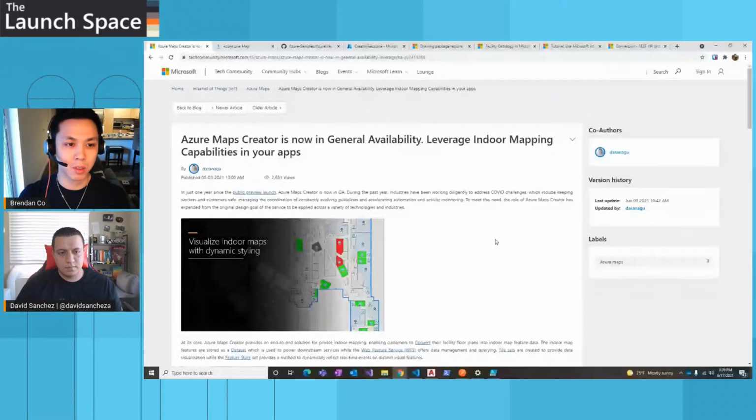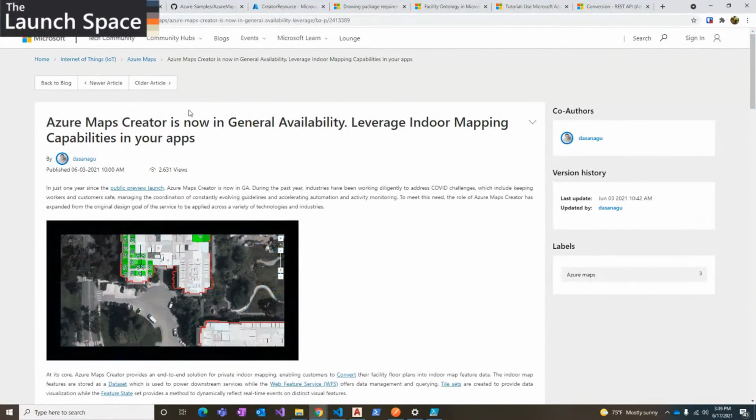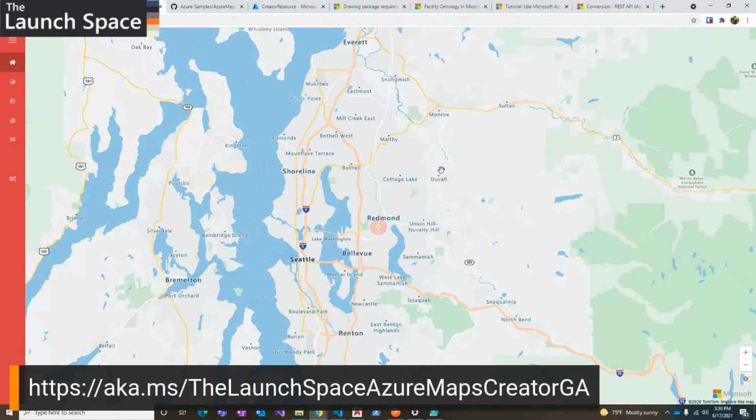Hey, so David talked about Azure Maps Creator, and it just went into general availability less than 2 weeks ago. So this is a good page to check out if you want to get started with Creator. What I'm going to show now is a demo application to show what you can build with Azure Maps